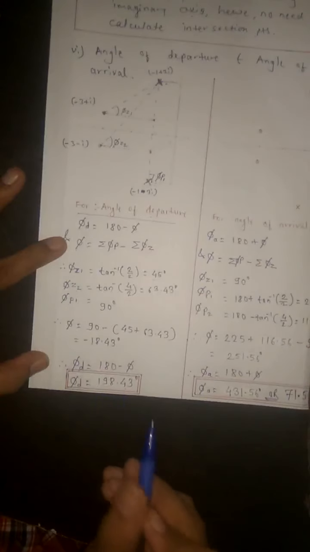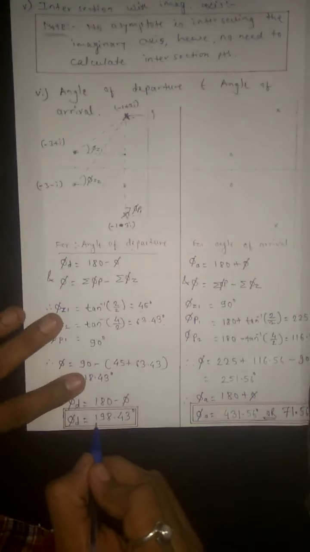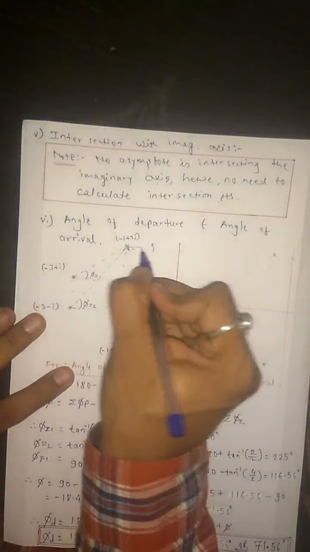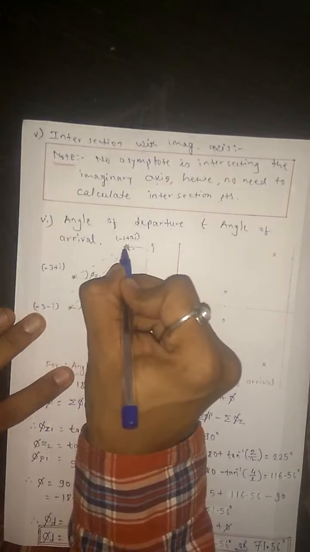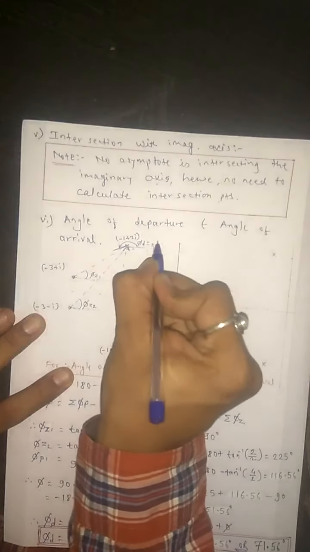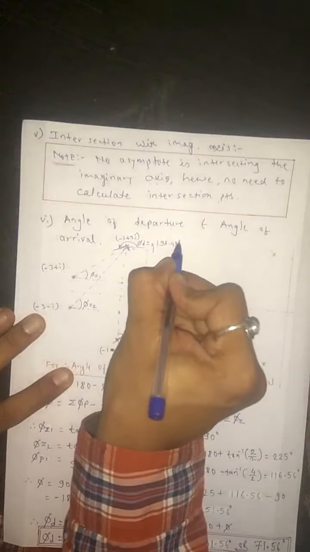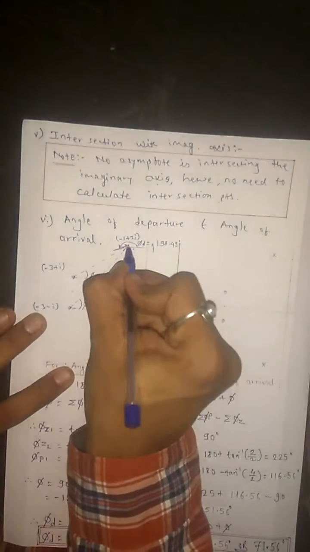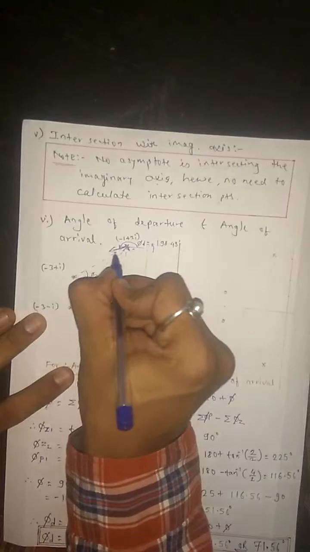And where we have calculated it here, this is the horizontal line, and we got the angle 198.43. If your angle is positive, count in this direction, anti-clockwise. If you get a minus angle, count in the clockwise direction. So our angle is 198.43. So the angle is 198, so this is 180, somewhat here. This is your phi d equal to 198.43 degree. So from this pole your root locus will be drawn in this direction.